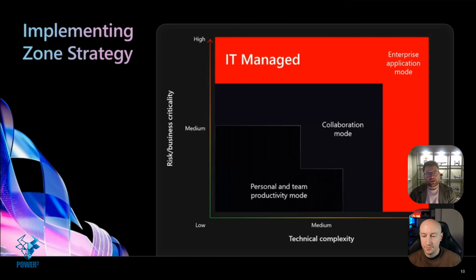It's really cool, and I like how that infographic explains that, and it ties in really nicely with that 10 for 10,000 and 10,000 for 10 concept, as you work your way up that complexity scale. You can see the personal and team productivity mode: loads and loads of agents for one person, the maker, versus that high technical complexity and high criticality, mission critical agents. That's a smaller number of agents with a broader scale, and probably needs a lot more governance around it, a lot more complexity involved.